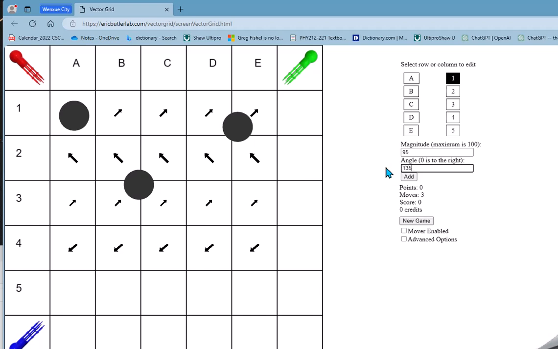135. Then you have 135 on top of it, and there's already another vector. Watch what's happening in row 1. That's this. In other words, this vector on row 3 added to this vector on row 2 is equivalent to a vector in row 1. Once again, adding two vectors results in another vector. So that's A plus B, that's C,